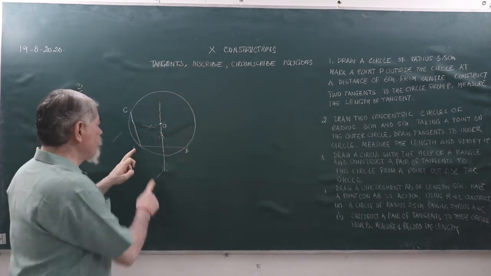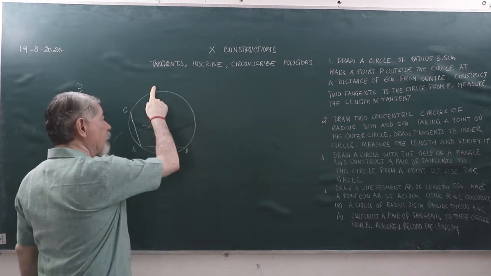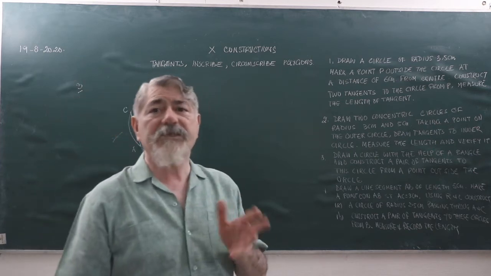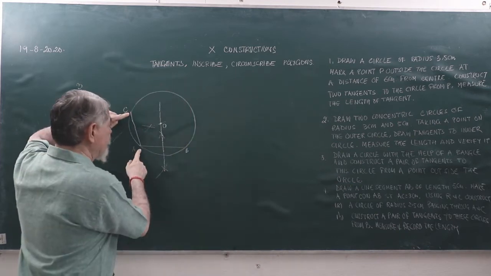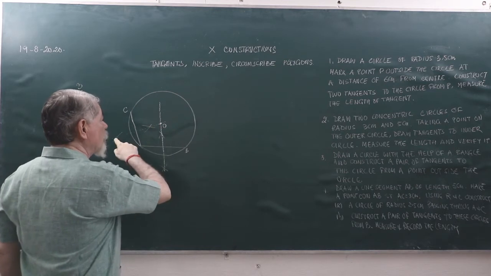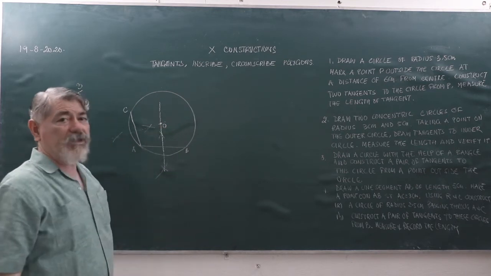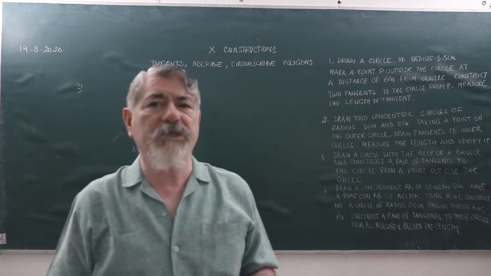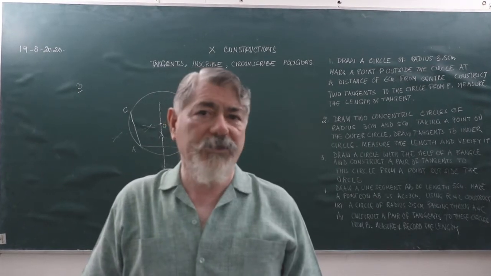So what I did was I bisected AB. On the perpendicular bisector of AB, somewhere the center of that circle will lie. Similarly, when I drew another chord AC and bisected it, obviously the center of the circle will lie also on this bisector. The two bisectors cut each other at O, so O is the center of the circle. The whole purpose of this question was to use this property and to get the center of the circle.